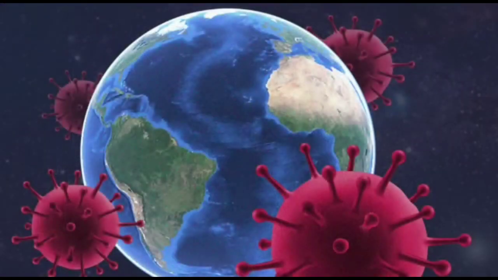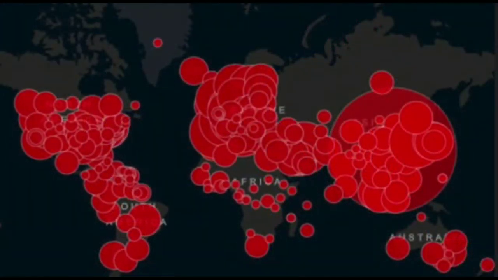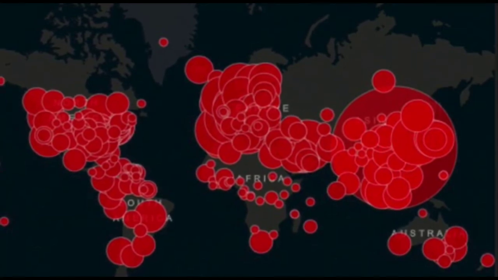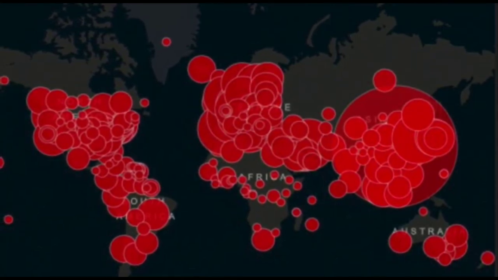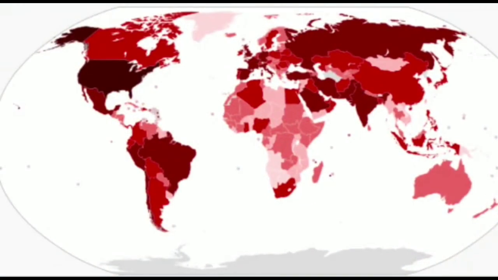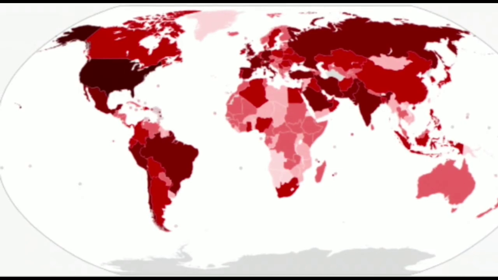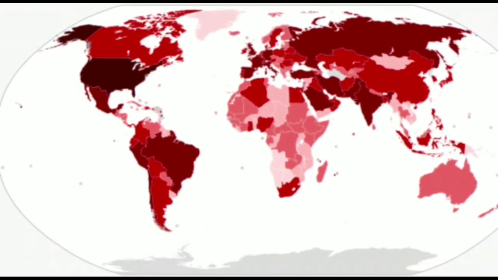I am going to talk about how COVID-19 affects the continents. There have been more than 6 million cases worldwide, while the number of deaths worldwide exceeds 377,000, and 2.7 million people have recovered. The USA, with more than 1.8 million infected people and more than 105,000 deaths, is the only country that has exceeded 1 million cases and 100,000 deaths, followed by